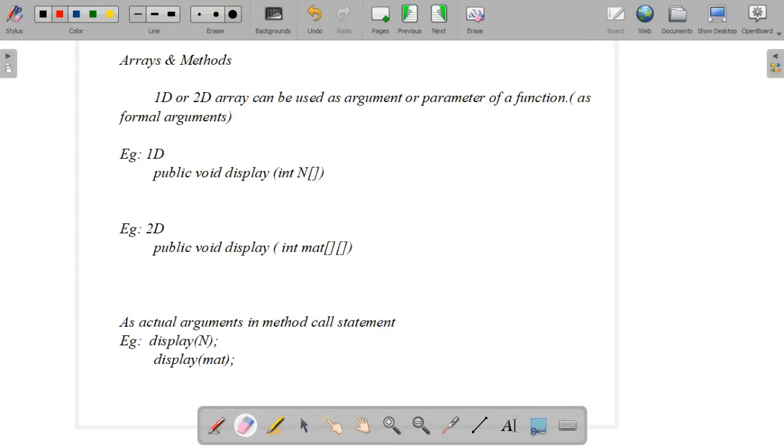Hello, all of you. In this class, we will discuss searching and sorting elements in an array. Searching means finding an element in an array, and sorting means how to arrange elements in ascending or descending order. So, first of all, before moving to searching and sorting, we are just discussing arrays and